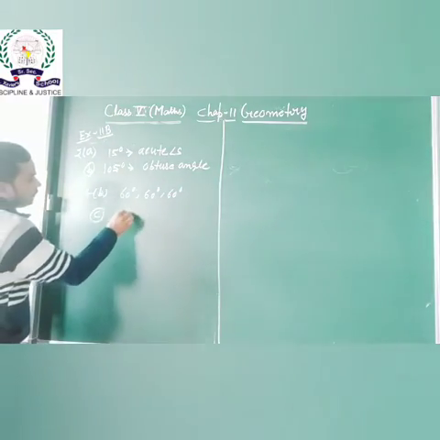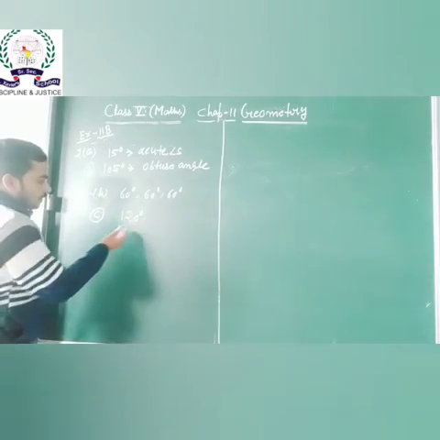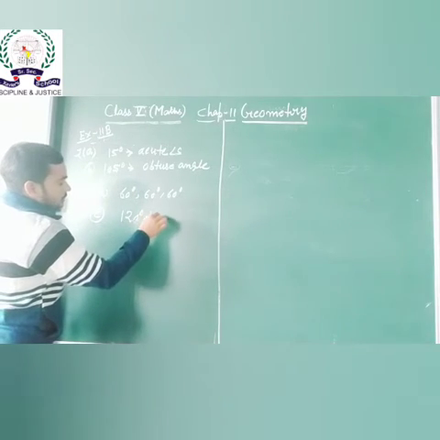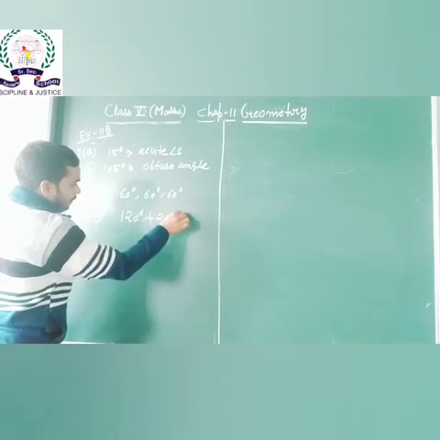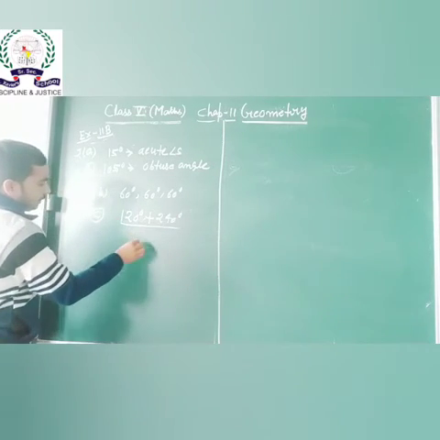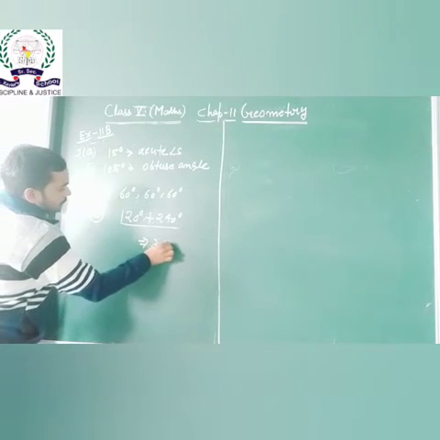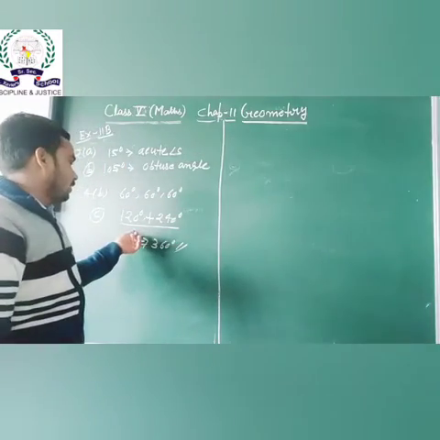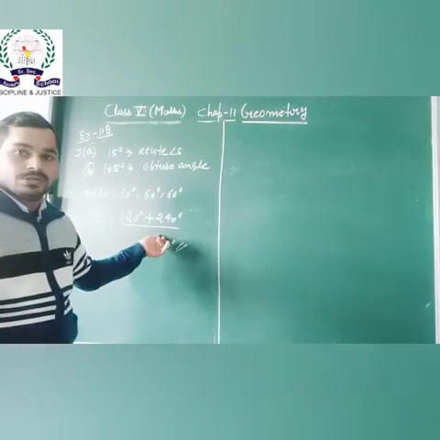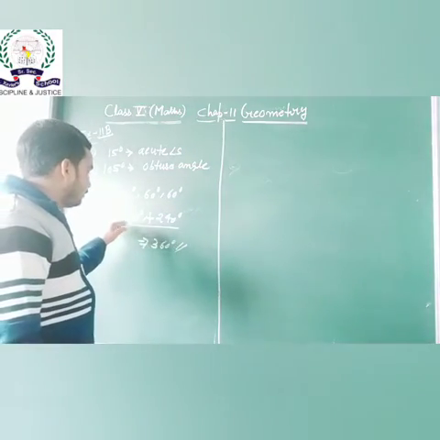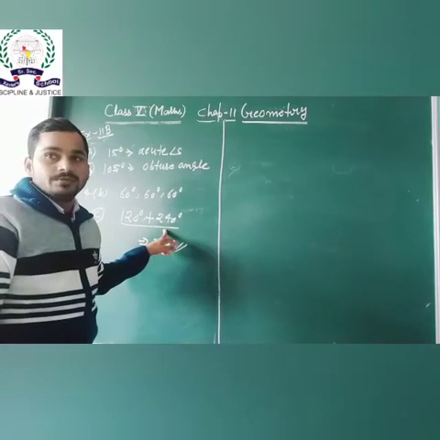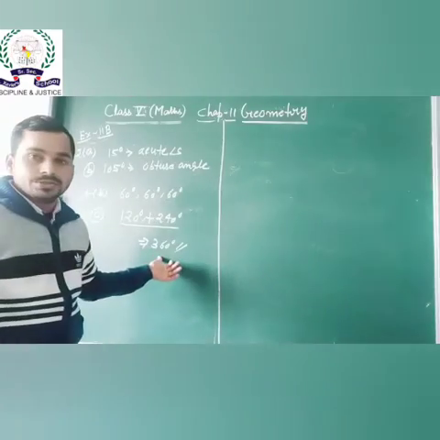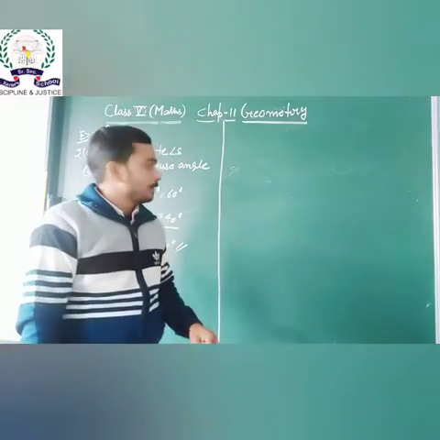So if we take 120 degree, it is more than 90, that means it is an obtuse angle, and the other is reflex, so 240. If we take 240, when we add these two angles, we get a complete angle of 360. 120 is obtuse, more than 90, and 240 is reflex. So one is obtuse and the other is reflex. When we add both these two angles, we get the measure of 360 degree. It is called a complete angle.